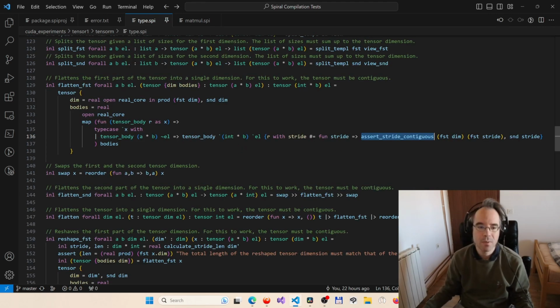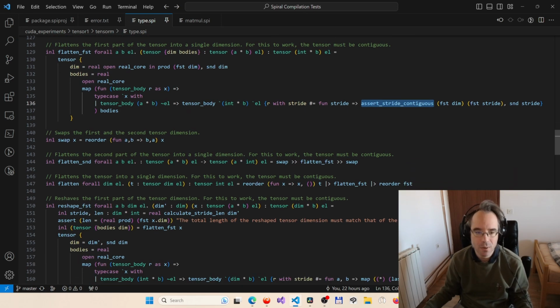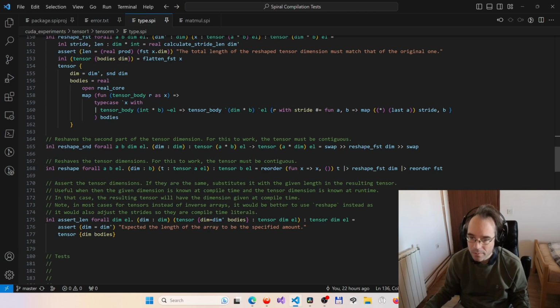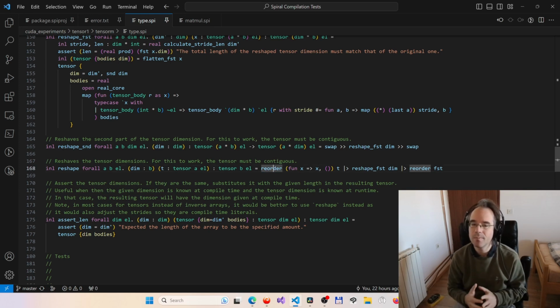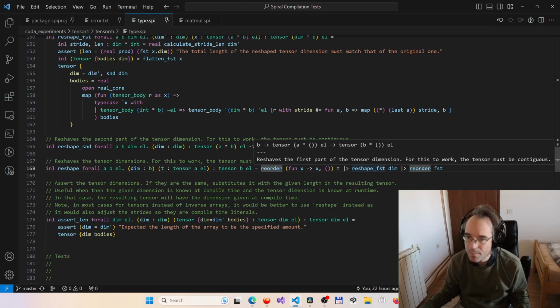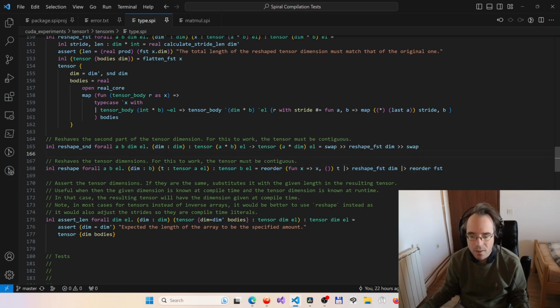The way the whole thing is implemented right now in terms of flatten first and reshape first is quite clever, and I like it. We're just making use of reordering to do the reshaping for the second dimension. And for the entire dimension, we just add a unit, reshape the first, and then take off that unit value. If you look at the type getting passed in, you'll see that it's just a unit. Okay, now